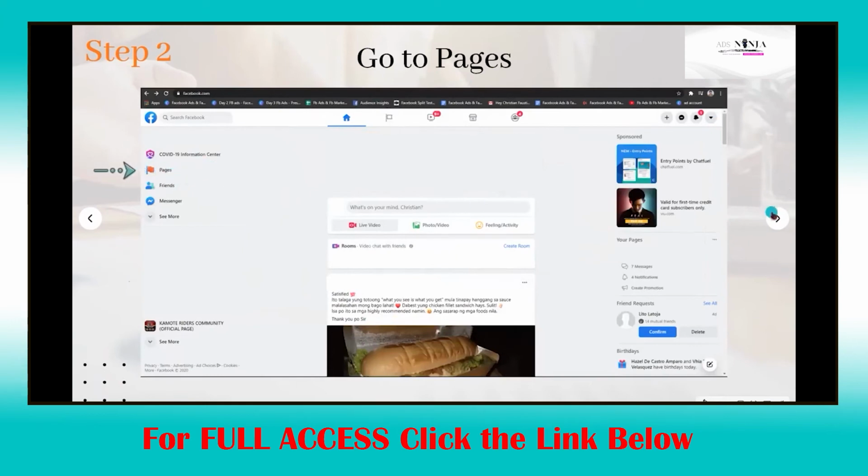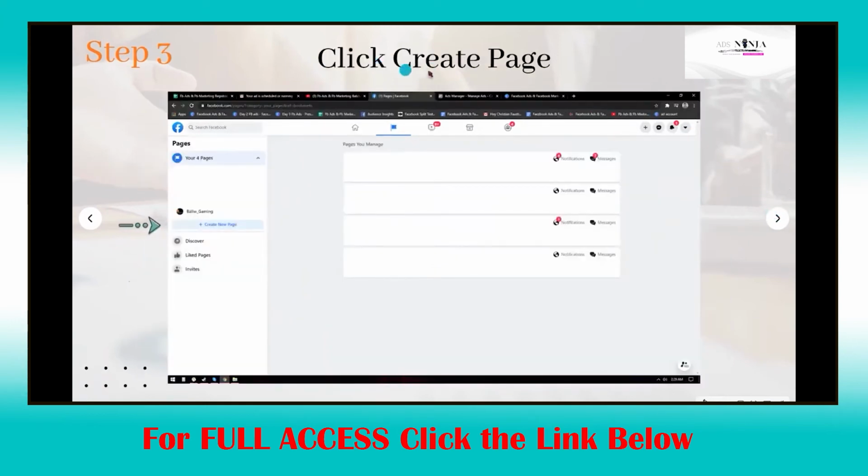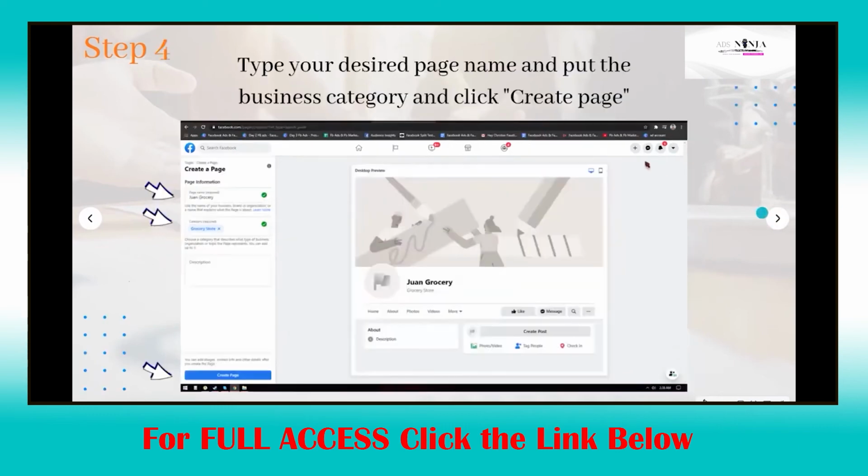I-click lang po natin siya. Okay, so step number 3, click create page. So, gagawa na tayo ng ating page. Yan. And then step number 4, type your desired page name and put the business category and click create page. So, syempre, kailangan yung page natin may pangalan. Hindi po pwedeng blanco lang yung page natin. And then, ang mas maganda,